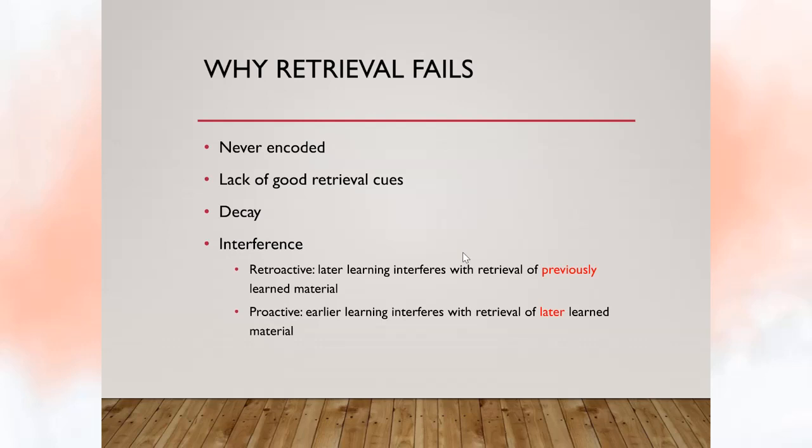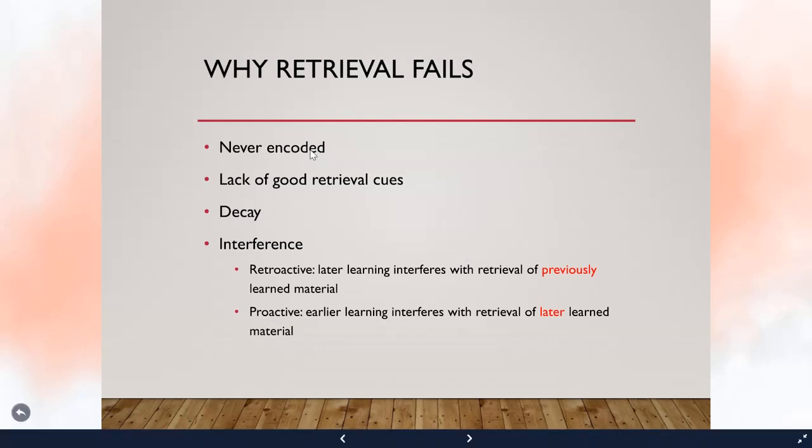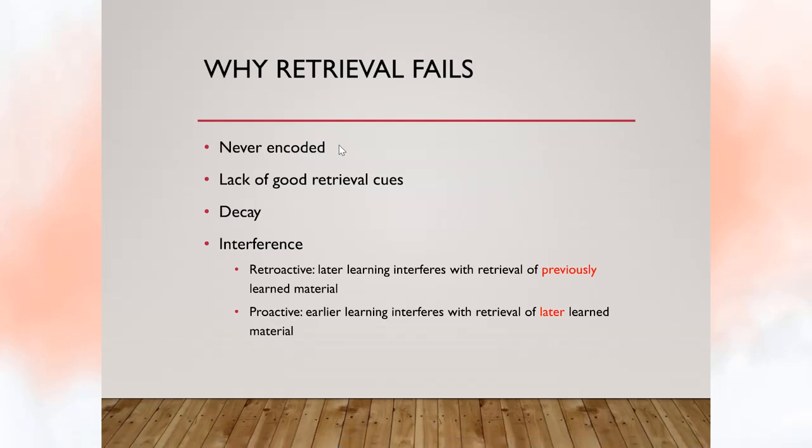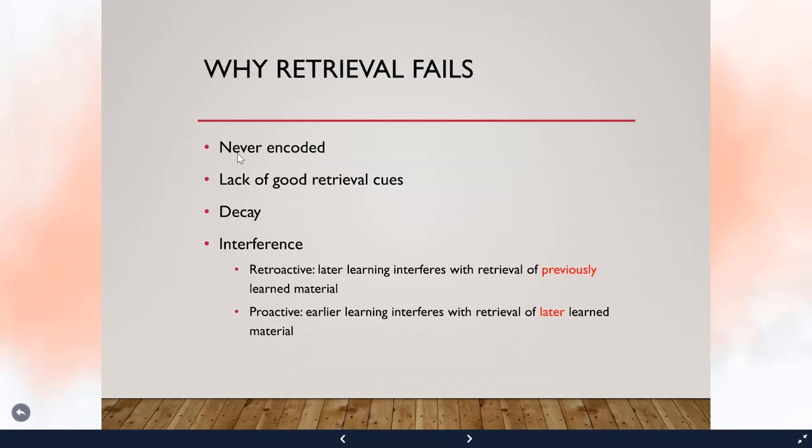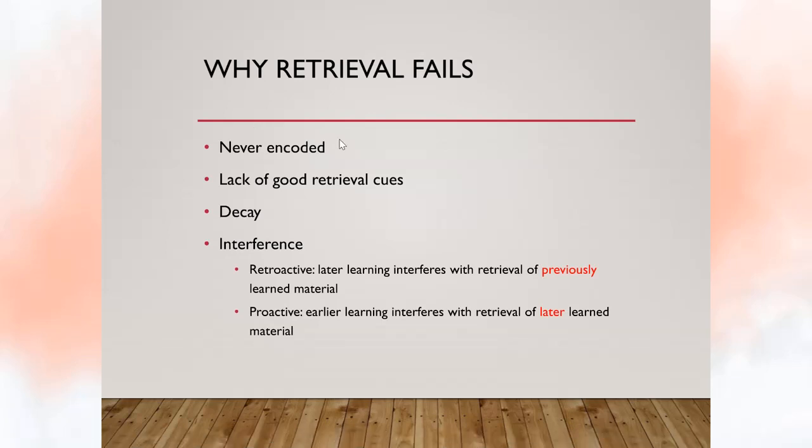We could also take this a bit further and say that maybe the information was encoded, but it was never consolidated or put into long-term memory, right? Remember the name at a cocktail party or the Brown-Peterson task? Maybe you have that name in your working memory. You even say it back, so you encoded it, but it never got moved or consolidated into your long-term memory. This probably describes a large number of cases of why our retrieval fails: we never really did what we needed to do to move it into long-term memory.